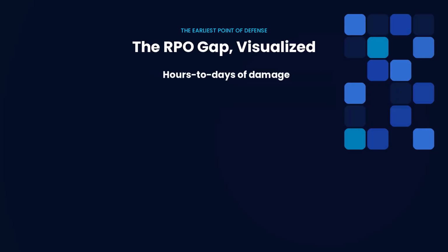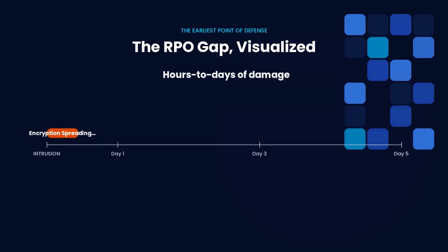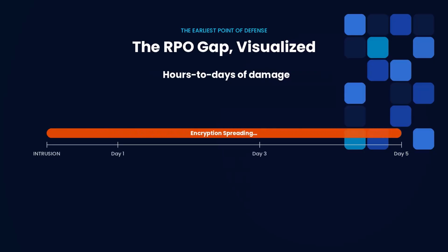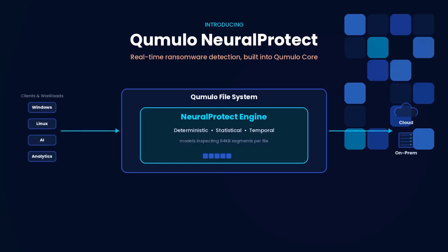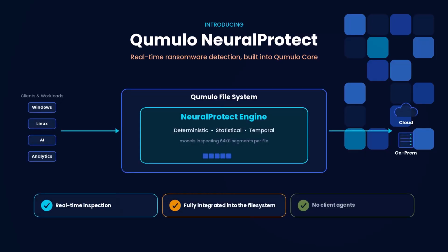The longer it takes to detect an outbreak, the more data is corrupted, and the longer it will take to recover what was lost. This is the RPO gap, an average of 5 days of loss before perimeter and backup tools react. Meet Qumulo NeuralProtect, a real-time ransomware detection engine that integrates directly into any Qumulo file system, whether in